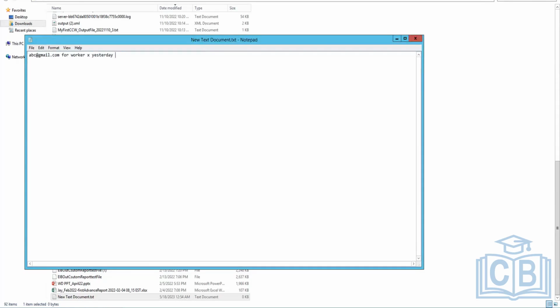Yesterday's run. When yesterday's run happened, abc@gmail was sent for this worker X. Now, after yesterday's run, HR went and updated the email to xyz@gmail.com for worker X. After the integration ran for yesterday, that means in yesterday's run, ABC was sent already, and as soon as ABC was sent, after the last integration completed, HR updated the email from abc@gmail.com to XYZ